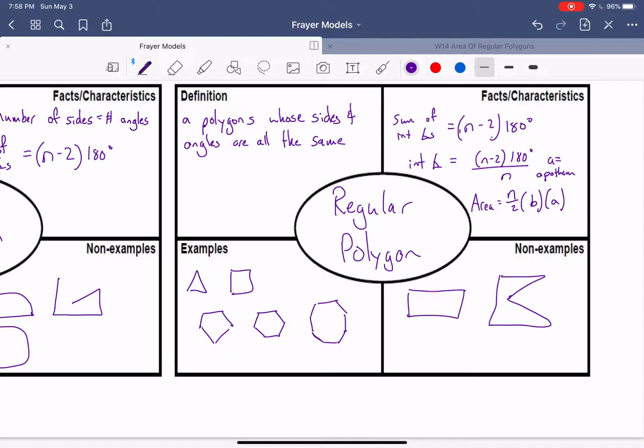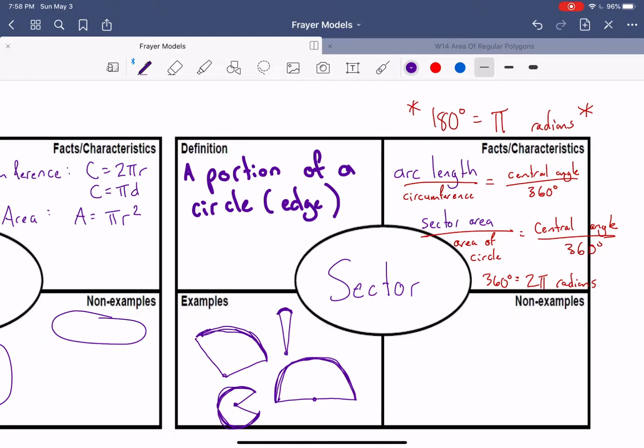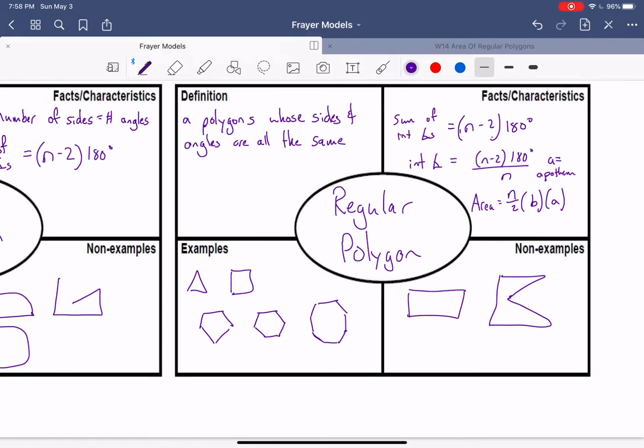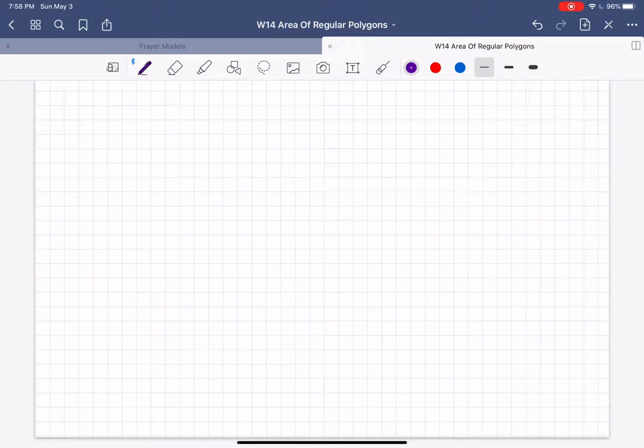All right, we might not always be able to, they might not always give us the apothem. And in that case, we have to do a little bit of extra work. And this is why I said it's not ideal to draw these shapes in your project. So let's say we have a